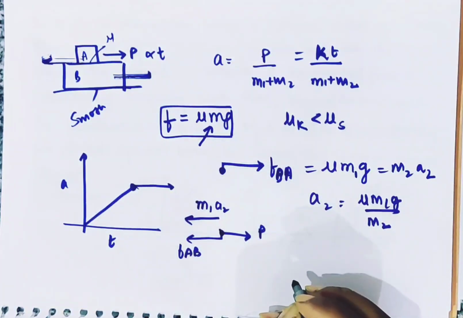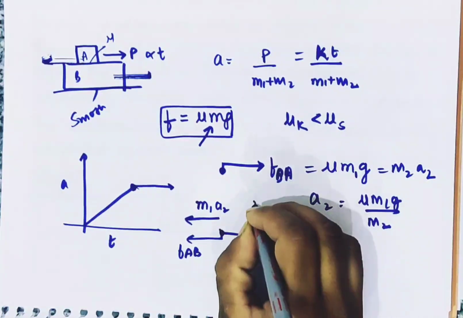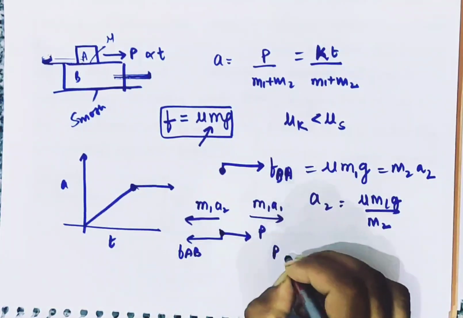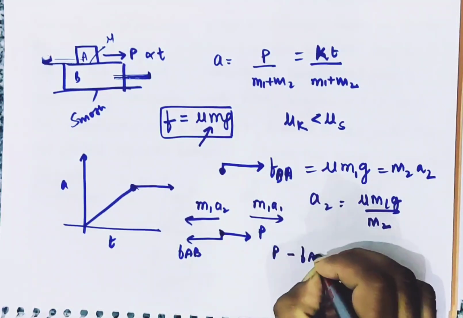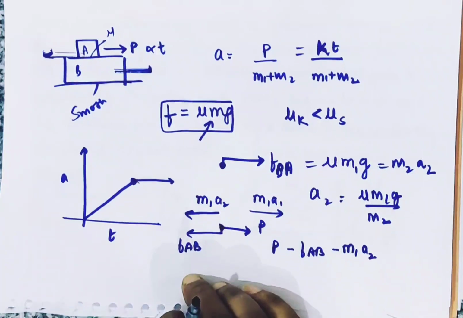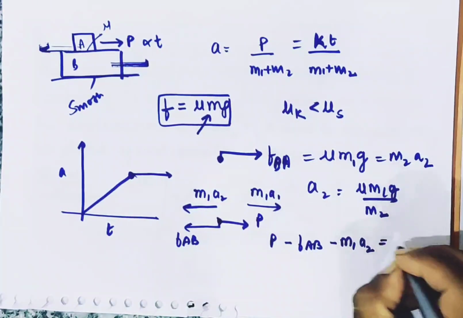Writing all these forces, P minus FAB and minus m1a2 as a pseudo force, because the platform is also accelerating, we get